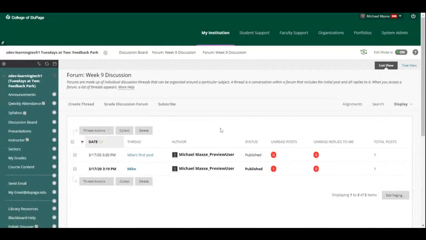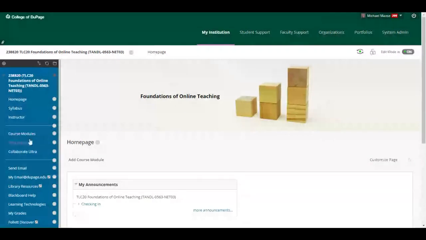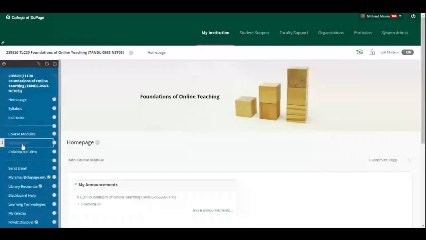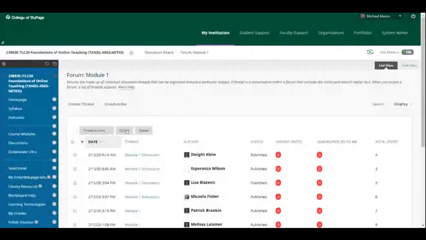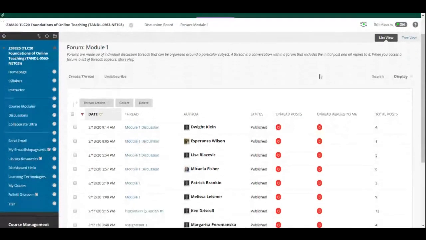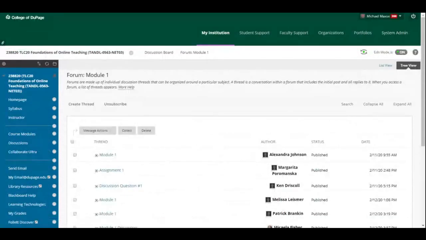So I mentioned there's two views. The other one is a tree view. And just to see how this looks, let me switch to another section here that has a more expanded discussion board. All right, so if I go to this discussion, and let's just go with module 1 here, then if I click on the tree view, what you will see